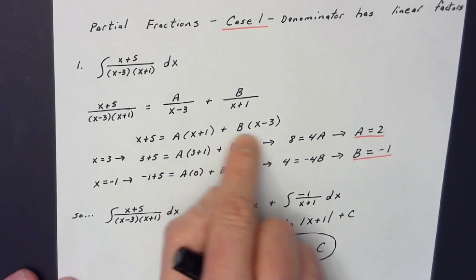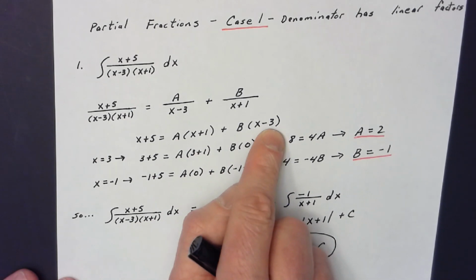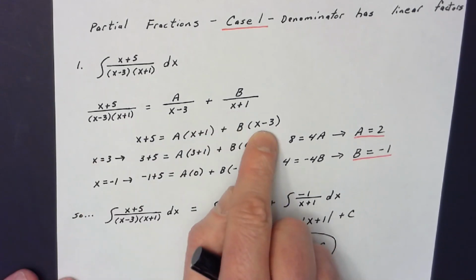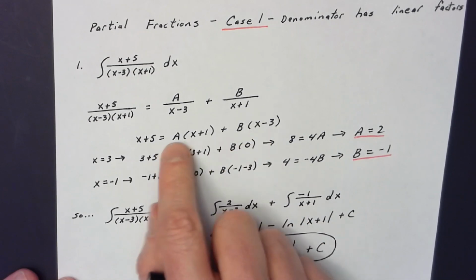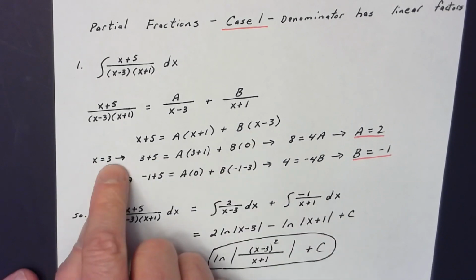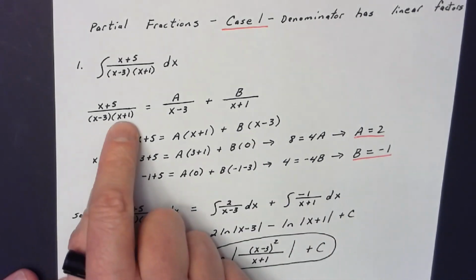Whereas the b is going to be multiplied by x minus 3 because the x plus 1 would have canceled with the x plus 1 you were multiplying by. So now my goal is to solve for a and b. The easiest way to do that, guys, is to let x equal values that cause your factors in the denominator